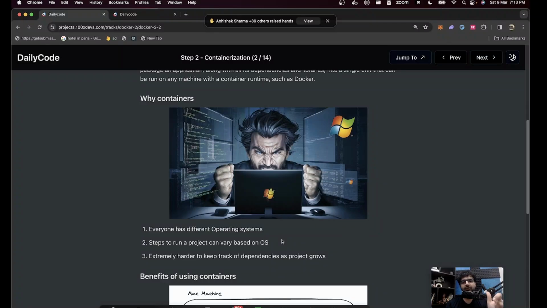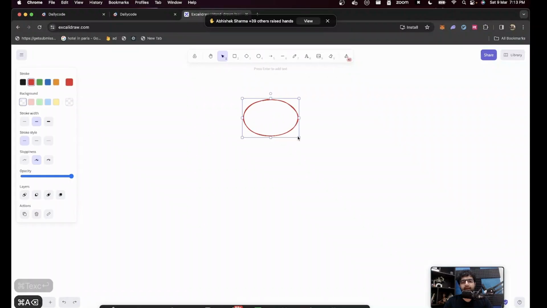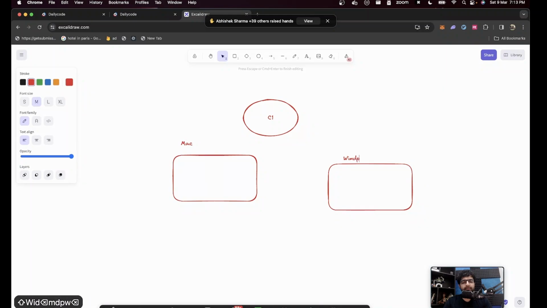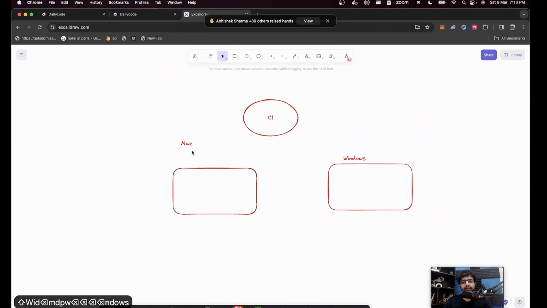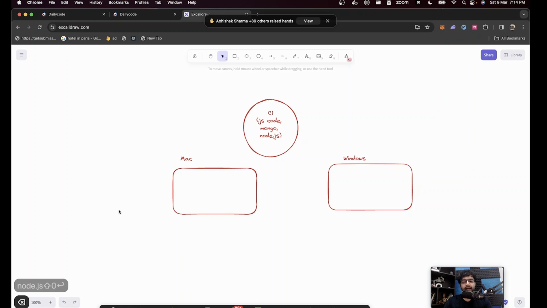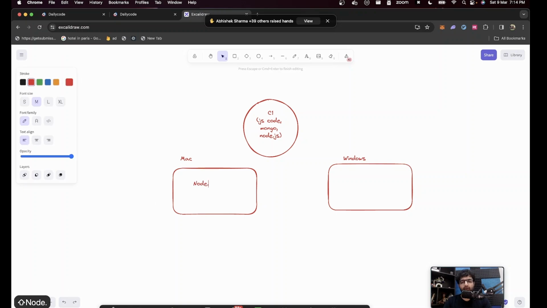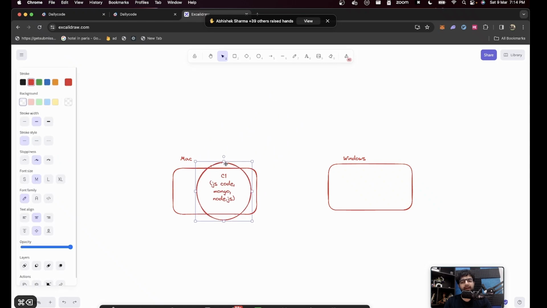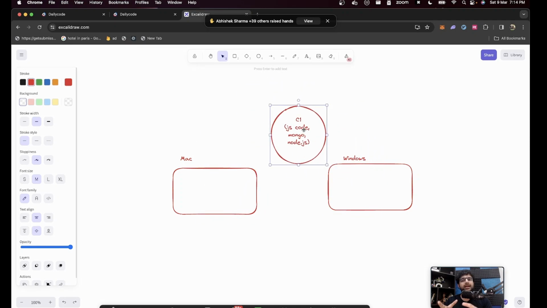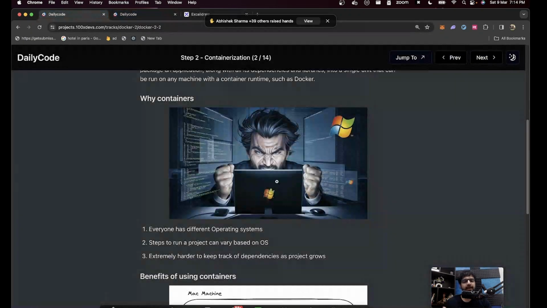Everyone has a different operating system, and steps to run a project can vary based on the operating system. If I give you a Paytm backend to run, then you have to first install Node.js, then install MongoDB, then maybe install some other dependency that I'm using, Postgres, and then you can start the project. That process might be very easy for someone on a Mac, very difficult for someone on a Windows machine, which is why containers are useful, because you can give the same container, let's say this is a container, to a Mac user or a Windows user, and they have to just run a single command. This thing has the JS code, Mongo, Node.js, everything installed. So you don't have to take an extra step to install Node.js on this Mac machine. It comes bundled in this container. So this container can be run on different operating systems consistently. That is what a container lets you do.